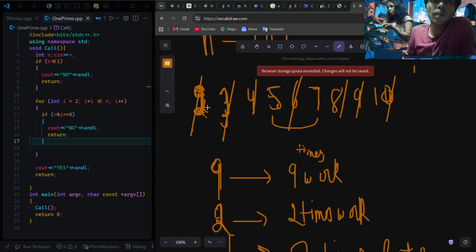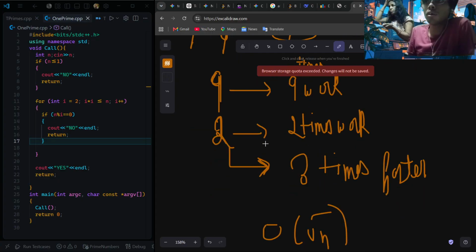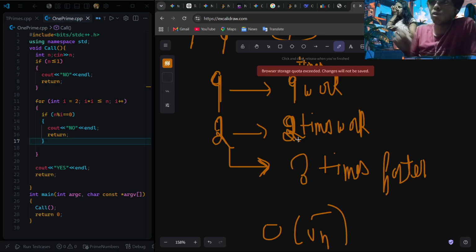So how many times does the CPU have to do this work now? It has to do it only 2 times. So if you see, previously it had to do basically 9 times the work, and now it has to do only 2 times the work. So what we are doing here is optimizing it, making our code 3 times